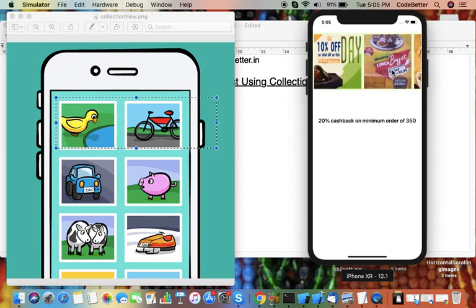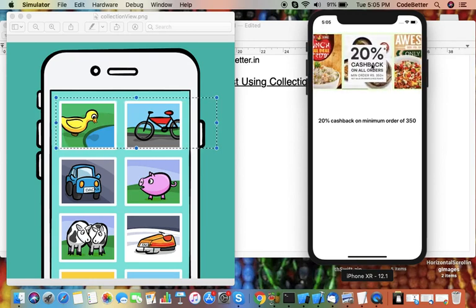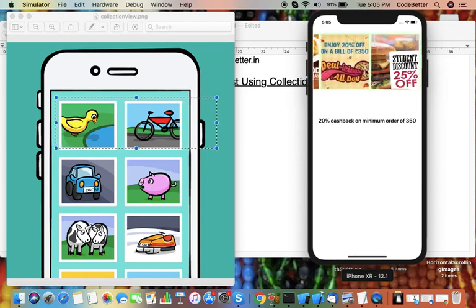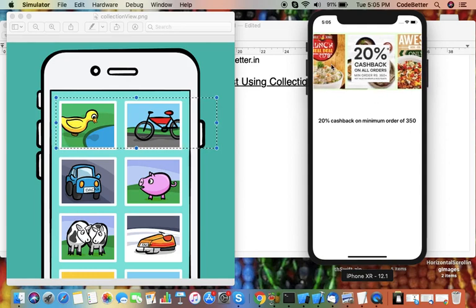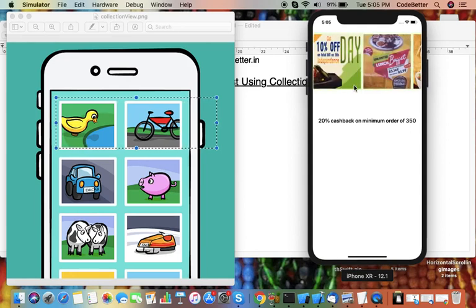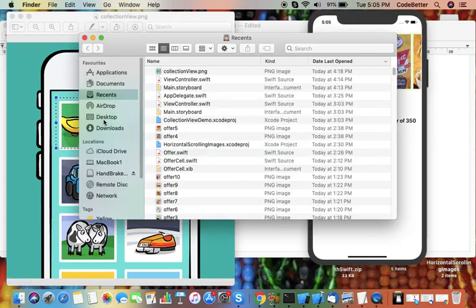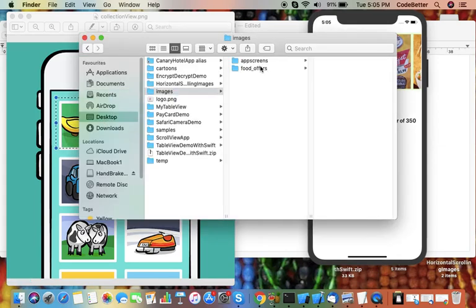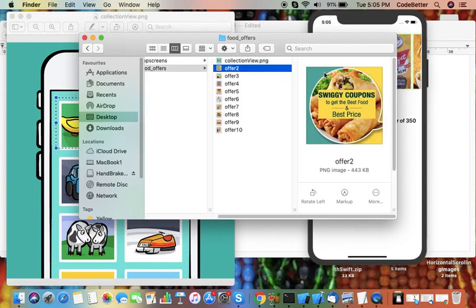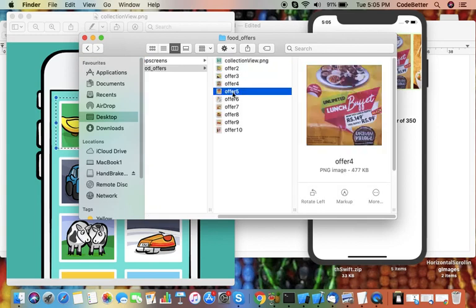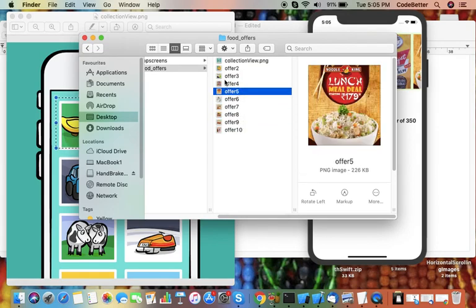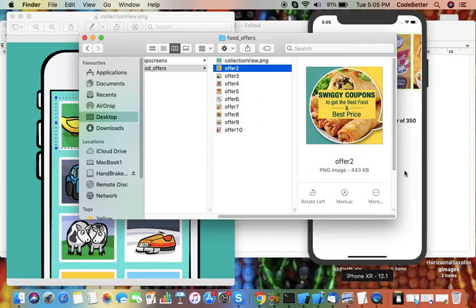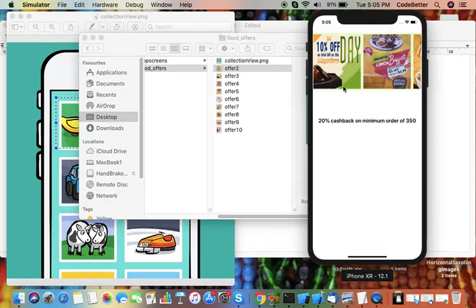So let's see how a collection of images can be created which scrolls horizontally. For this purpose we need some images. We have some images here, and we will use all these images in our application and display them on a collection view.